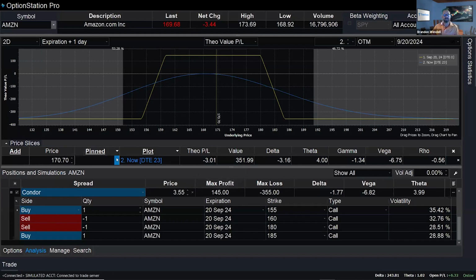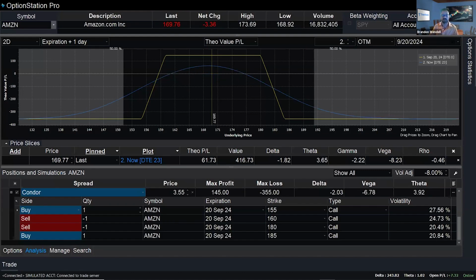What if we guessed wrong on volatility? And I'll put this back to the last price. And instead of volatility going down, it went up. Maybe we had a quick drop in price and we went to 162. Well, we're not outside of the range of where we want to be for our strikes. But if volatility went up, let's say